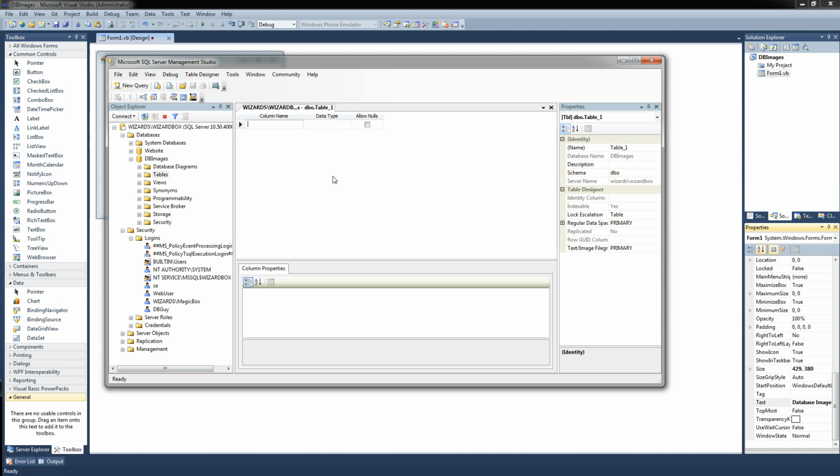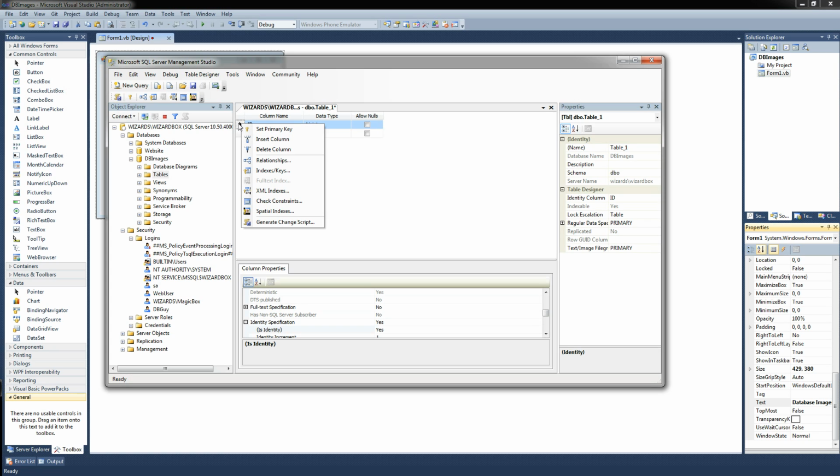First column name, I'm going to use ID. This is just going to be the primary key and identity column. You can use an integer or a big int, doesn't matter. I think that will just affect the maximum number of rows that it can create. One thing we want to do here is set this as an identity column. So we're going to go down in the column properties, find the identity specification, and set isIdentity to yes. Okay, once you do that, you can make that your primary key by right-clicking on the row and set primary